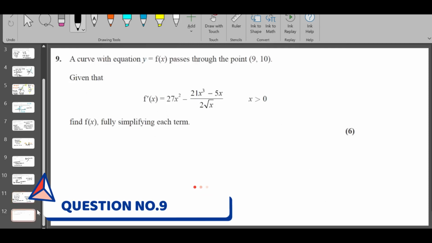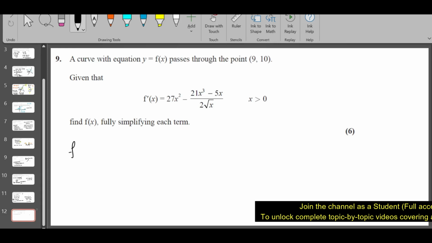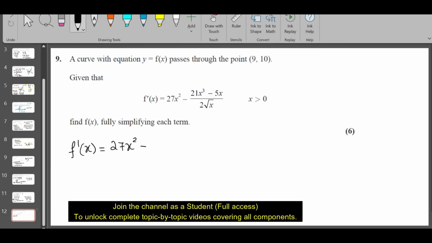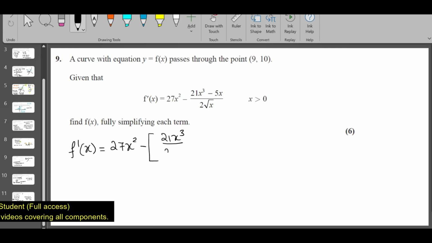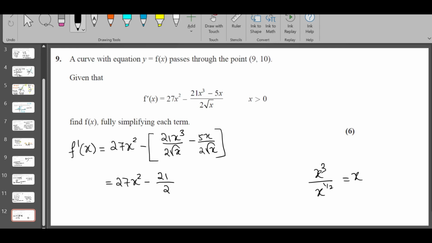Now the last question, question number 9. We have f dash of x, find f of x. You have a point also given. Let's write f dash of x properly. It's 27x square minus, the minus is a common minus. Divide each term by 2 root x. So it's going to be 27x square minus 21 over 2 x cube over root x, is x power 3